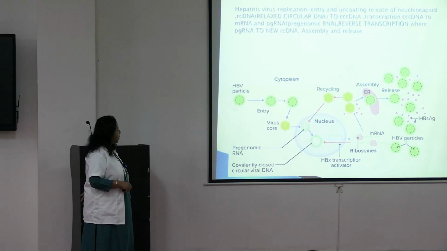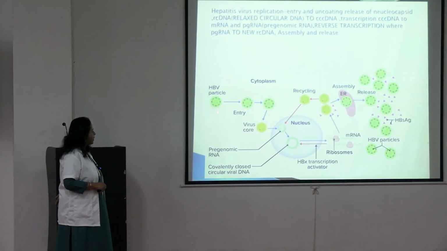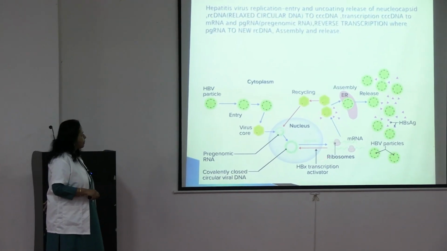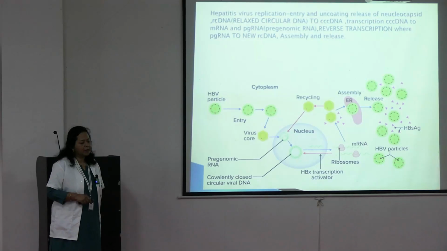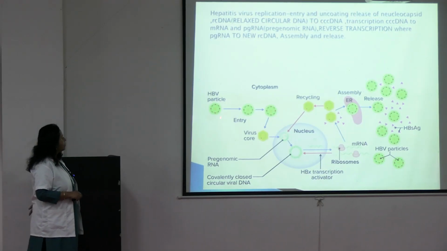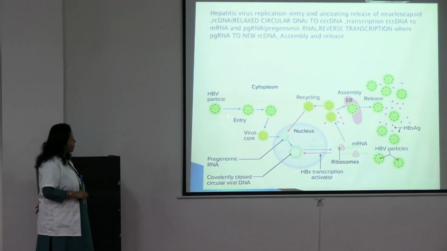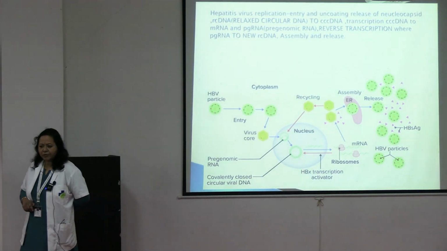Okay. Now let us talk about how the virus enters the hepatocytes and how it replicates. It's shown here, so just try to understand. You can see one viral particle entering the hepatocyte. This is the figure. This is a hepatocyte and this is the nucleus of the hepatocyte, the liver cell. The liver cells are called hepatocytes, right?